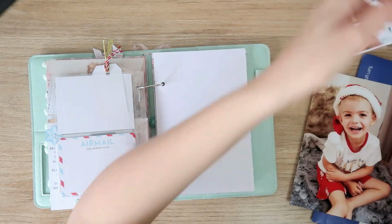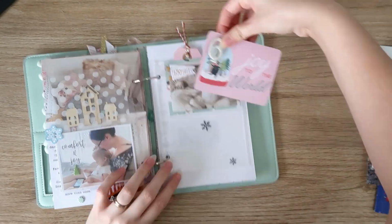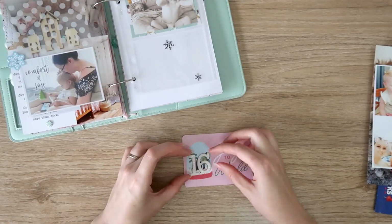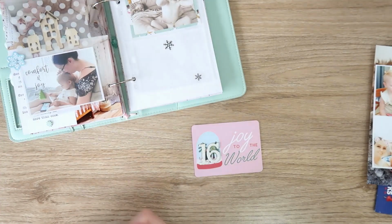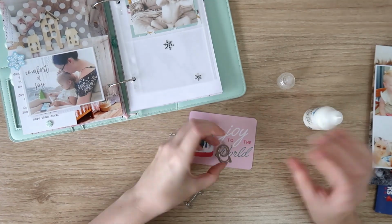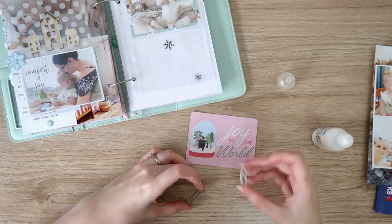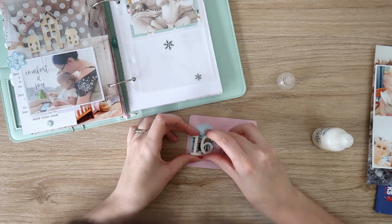So this is actually not day 17 and 18 like I said earlier. It is just day 17, but it's a double page spread. So I'm just going to go through and finish off this side. I've totally forgot to add my number 16 and 15 on this side, so I'm just going to stick these straight on with tacky glue. Of course I dropped it. Glue side down. I'm just going to stick them on top of the snow globe, and once they're on there,